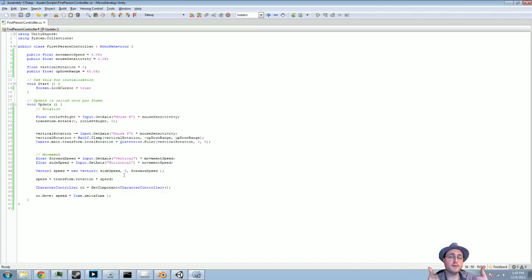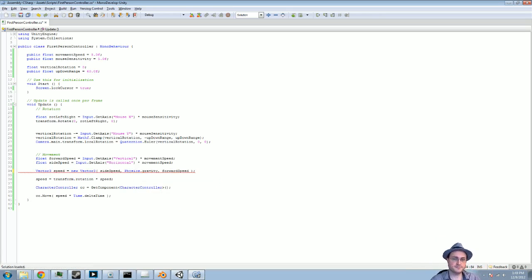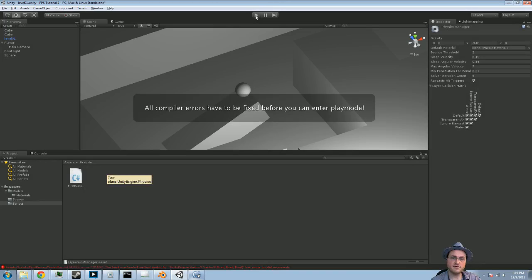For some reason, we might want our character to fall at a different rate from everything else in the world. Maybe he's got anti-gravity boots, so he sort of drifts down. He's got one of those Mario capes, right? So he just sort of drifts down. There's lots of reasons. So we can use the existing physics gravity like so. All right, we're going to feed that into our Y speed, and I believe,